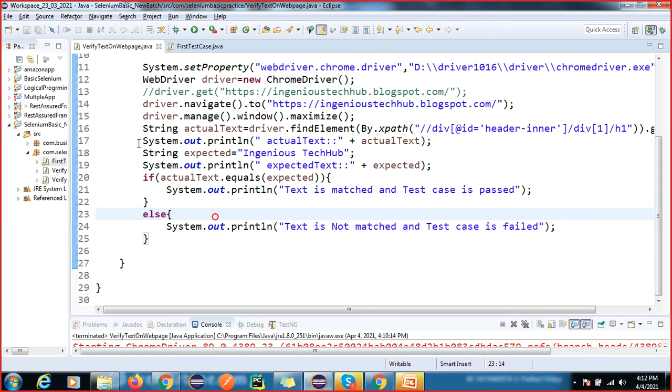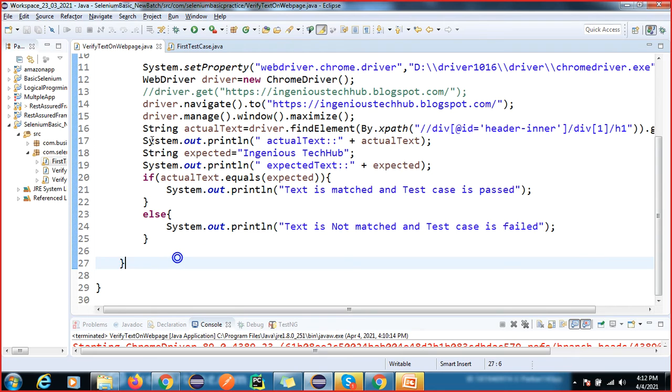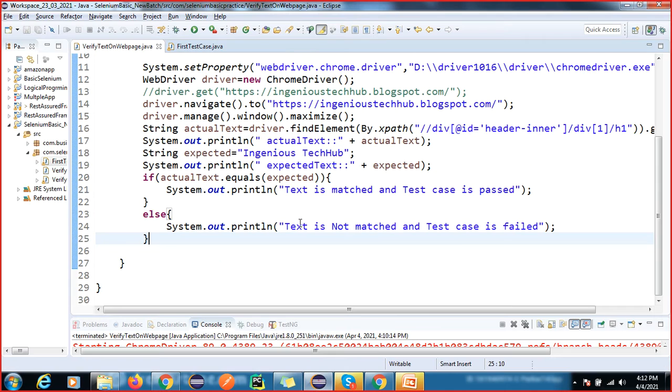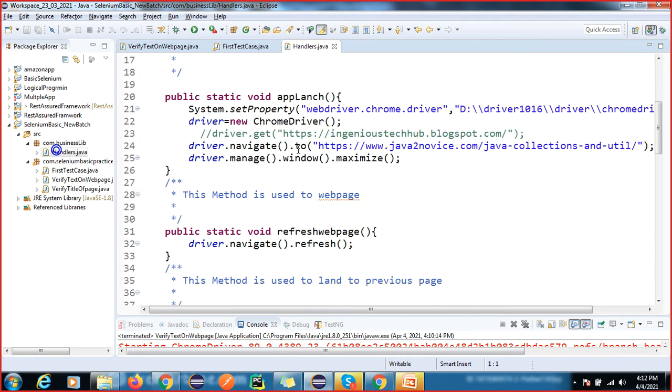Can we write this line of code 20 times? No, it will not work in real time. In one test case you have 20 validations, and you have to automate a minimum of 2 or 3 test cases per day. Can we write this? No. Then what is the solution? We'll create a reusable method.